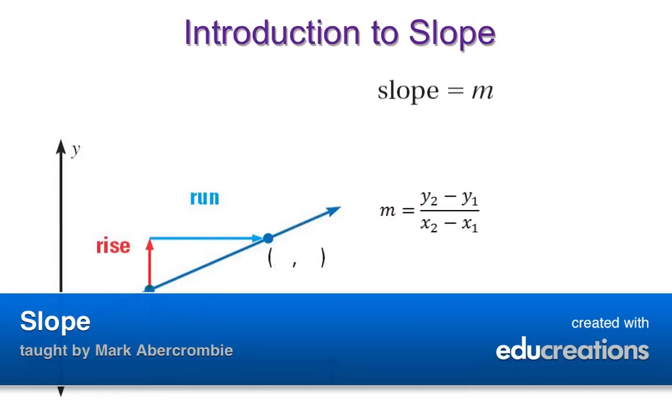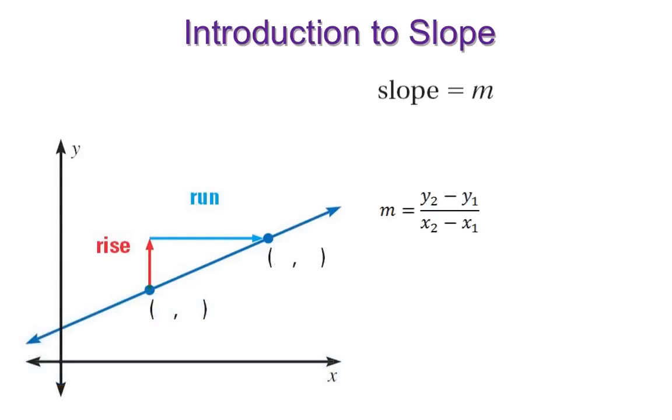This week we'll be talking about the slope of a line and the slope-intercept formula. We'll start out today with an introduction to what slope is. Slope is defined as the slant or tilt of a line, and that can be measured quantitatively by finding the